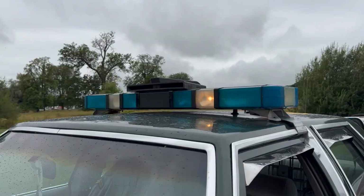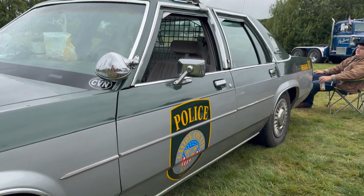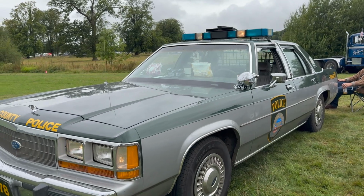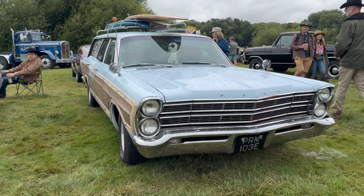Now this was my favourite, this Crown Vic. I don't know if I've spent too much time with Matt, or if it was the flashing lights, the donuts and all the police paraphernalia on board which won me over, but I thought that was a fun bit of kit. Now we're really coming to the end of the vehicles that are on display here,